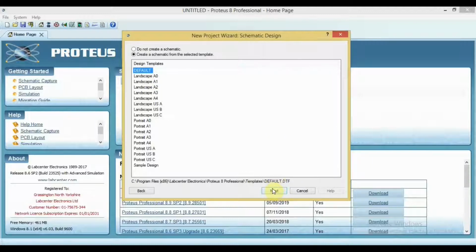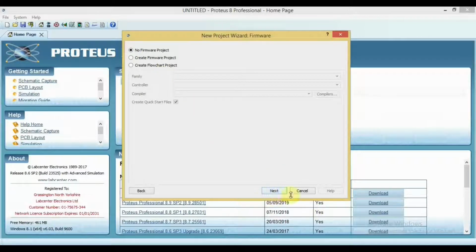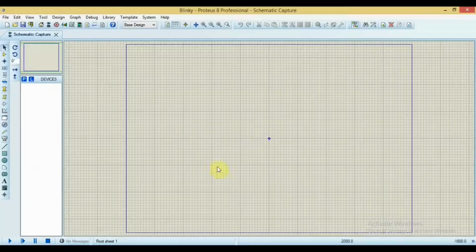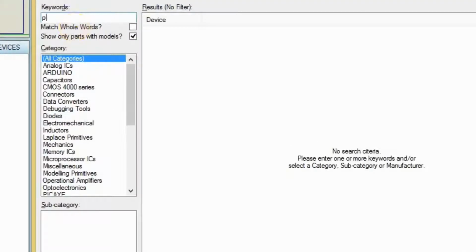Leave it at default, Next, and leave it at do not create a PCB layout, and click Next. No firmware, Next, and Finish. And go to component mode here, click on the P letter. Now we're searching for our microcontroller